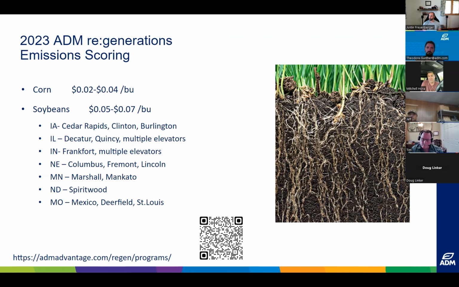And as things change, the program is going to continue to change. This is a European market that's driving this. But as these U.S. tax credits come to fruition, now there's additional incentive or additional influence that's going to impact it. But the concept is going to be the same. So, Theo, maybe speak a little to, what is your guys' approach on that so far? The flexibility. The key with this is data tied to the bushel,